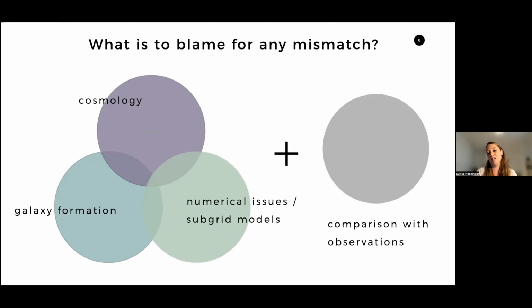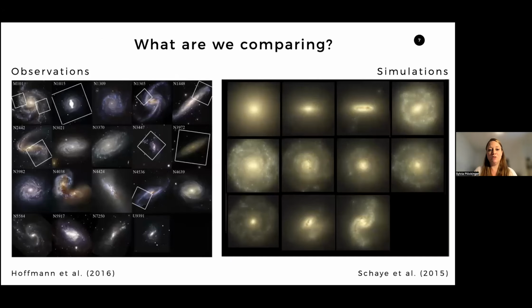Is it something that is mainly related to just some numerical issues, just how things are implemented in the code and how things are actually simulated, rather than the real physical process behind that, or how the subgrid models are implemented? And then, of course, another component is that oftentimes when you compare simulations to observations, it's difficult to compare